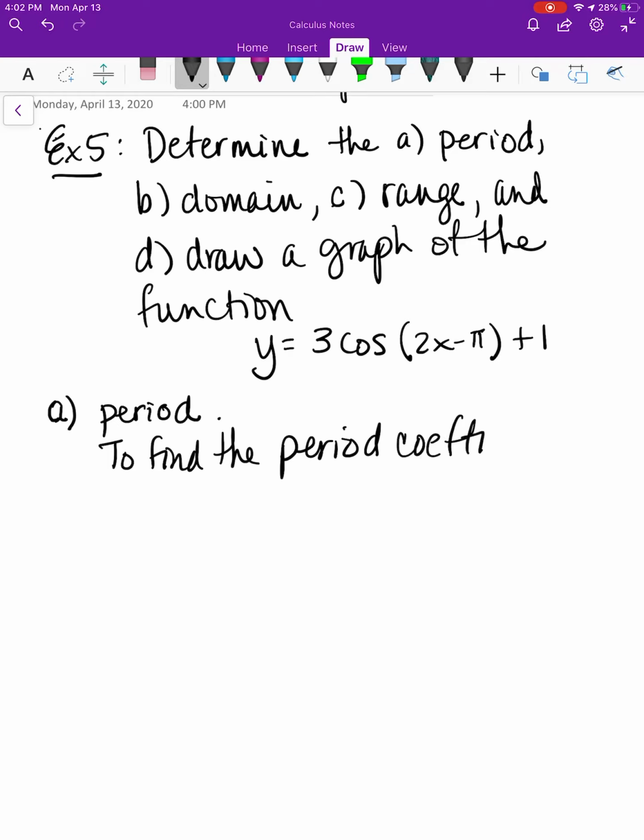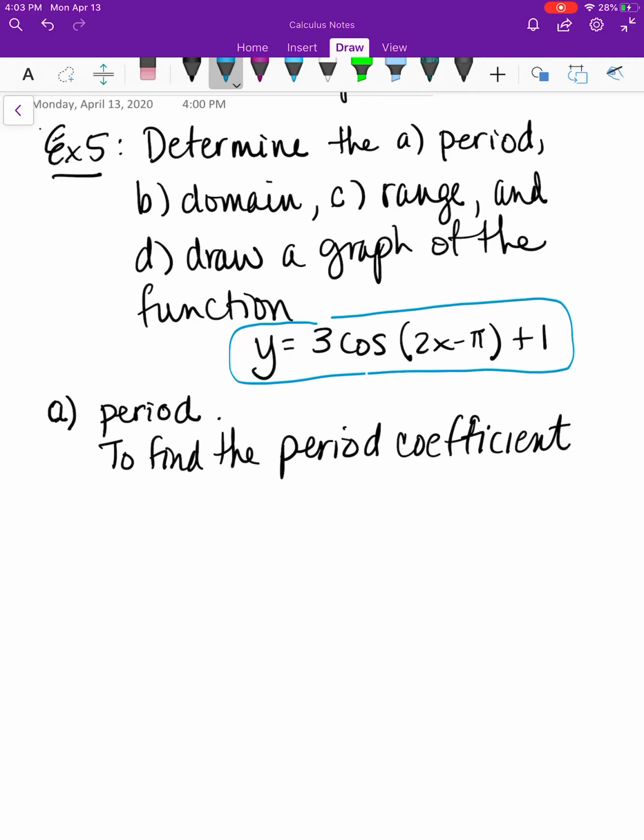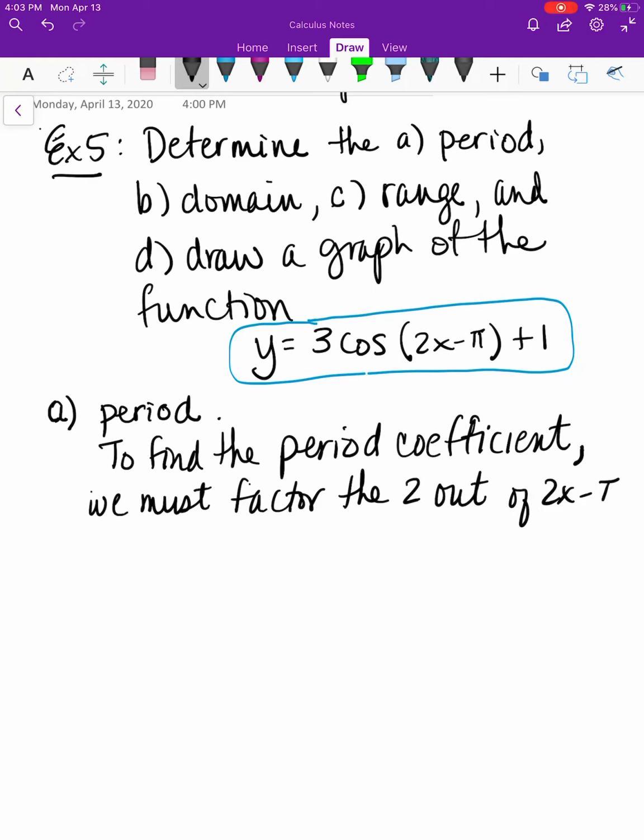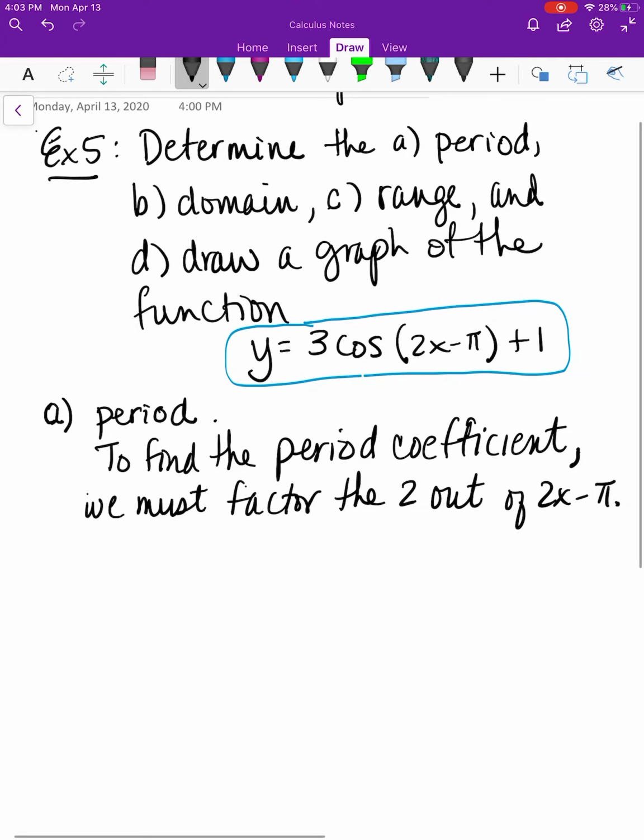Okay, so to find the period, we need to find the period coefficient. Now, we've been given this equation, so we have to figure out what the period coefficient is, and then we'll determine what our period is. So to find the period coefficient, we must factor the 2 out,